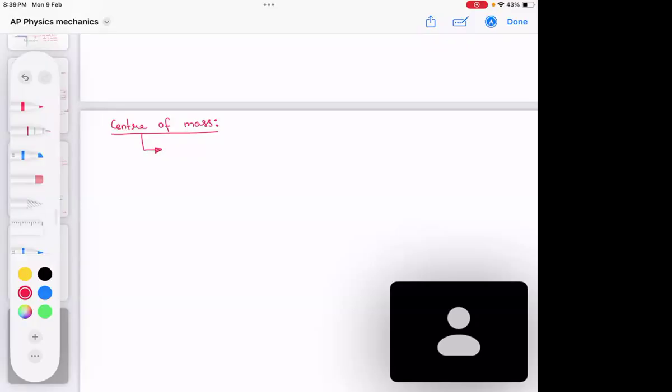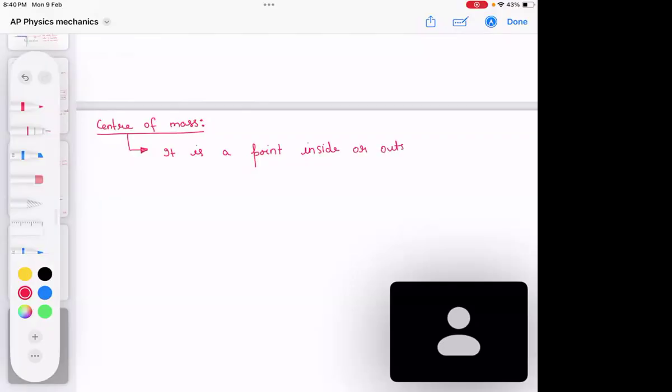Actually present, and it's just a hypothetical point. Understood? The center of mass means what? This point can be inside the body, this point can be outside the body. Okay? It is just a point. Understood? What is the center of mass? It is a point inside or outside a body